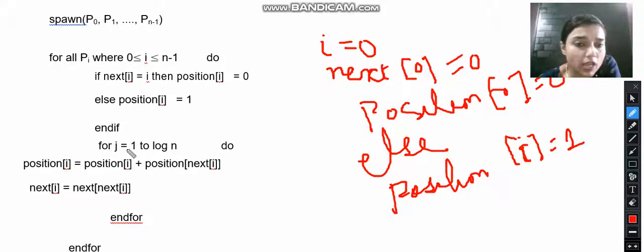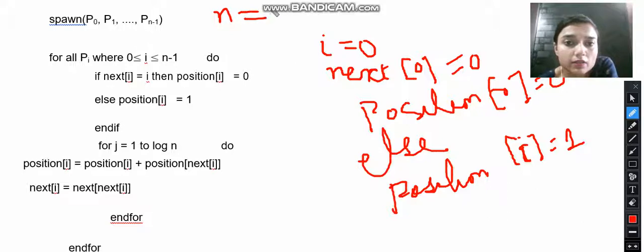Now the value of j will range from 1 to log of n, where n is the number of elements in the linked list. So here we have n equal to 10. Let's start with j equal to 1. Instead of position I am just writing P. Initially we have i equal to 0.